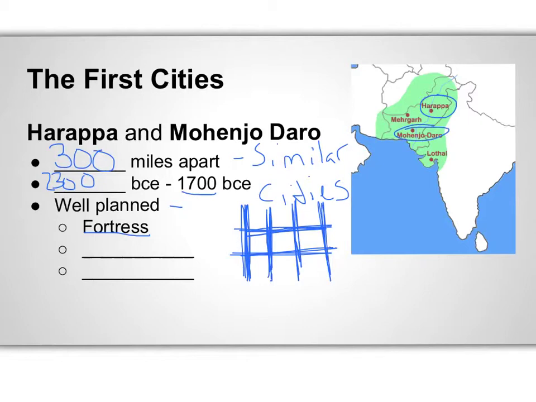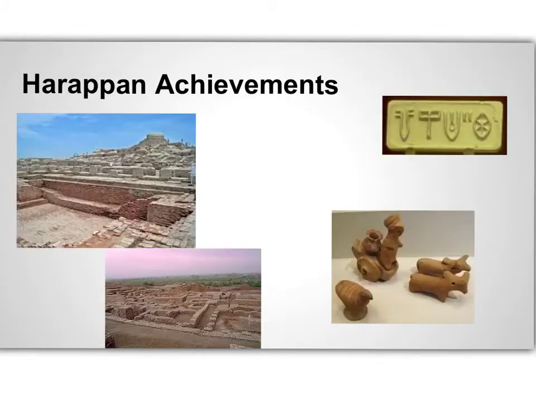These cities also, the streets were paved, and the streets were in that grid that I just mentioned. And there are actually public wells, many shops. The city was very, very advanced. Wells where you get the water. So the city is pretty advanced. Let's look at some of the other advancements of Harappa.